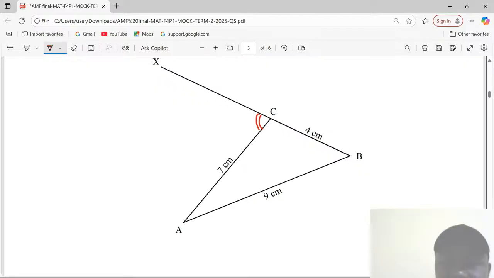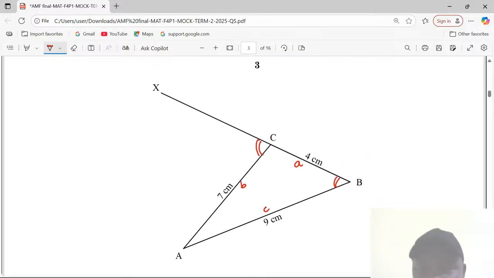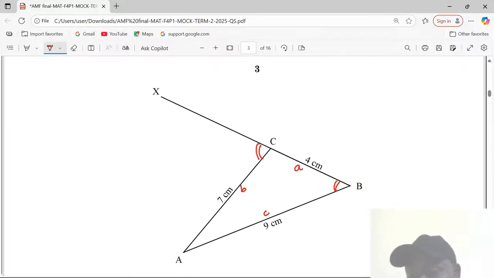The lengths given are AC, AB, and BC. The name of a length is usually given using the angle opposite to it. So this is length small letter b. Now the length 4 will be named using small letter a, and the length of 9 centimeters using small letter c. That way, we name the lengths according to trigonometry using the opposite angles. If we name them that way, now we can proceed to find the value of these angles using what we call